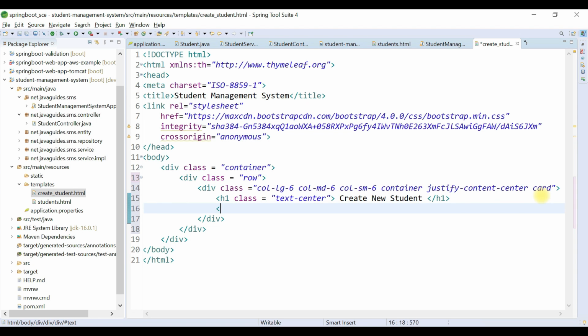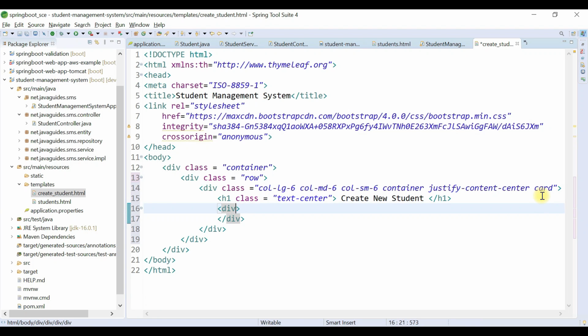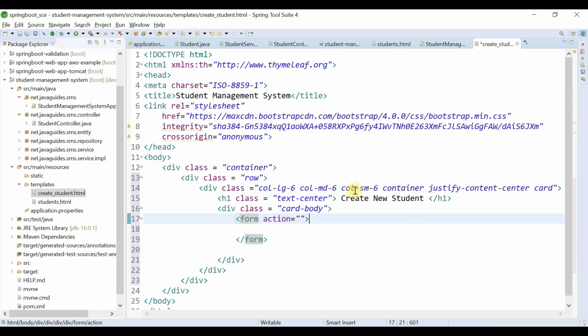And after that we're going to use a div here once again, and let's add Bootstrap CSS class, that is card-body. And within this div we are going to create a form. Okay, form. And look at here, we are going to use Thymeleaf attribute, that is th:action, to define the action for this form.